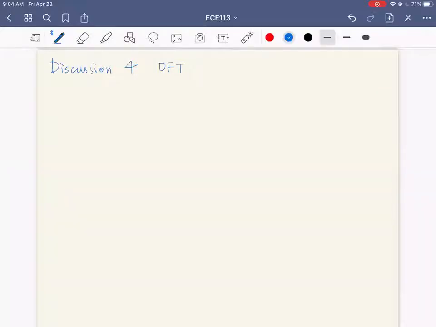Hello everyone, today we are gonna discuss some exercises on DFT. So generally speaking, DFT is sampling from the frequency domain. At the beginning, we only know the DTFT, right? So originally, we have a continuous time signal in the time domain, and then we also get